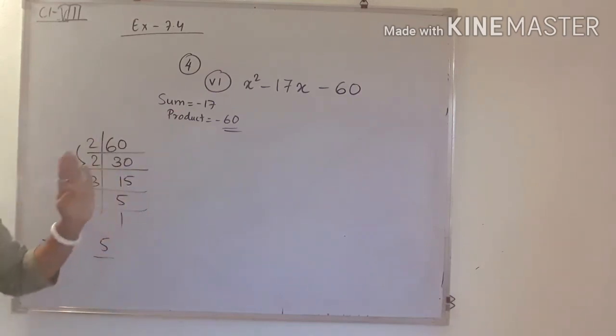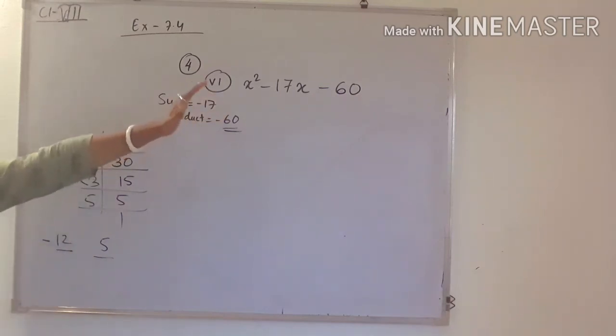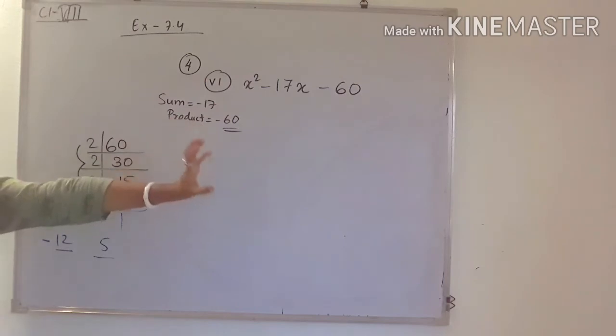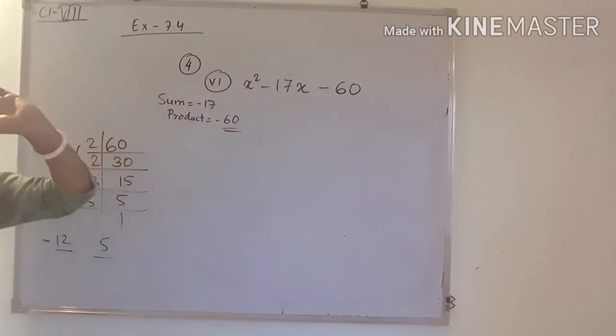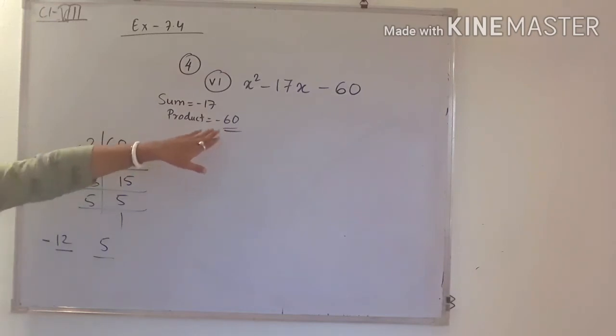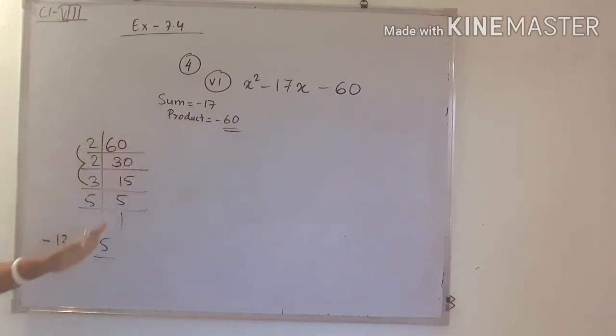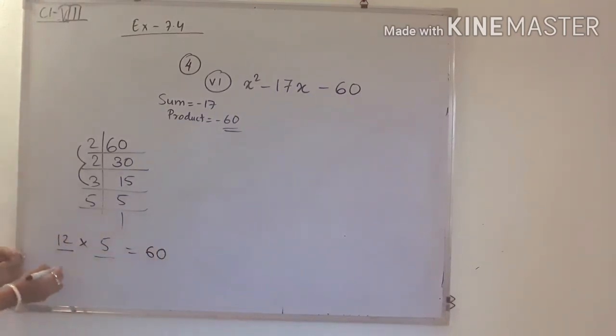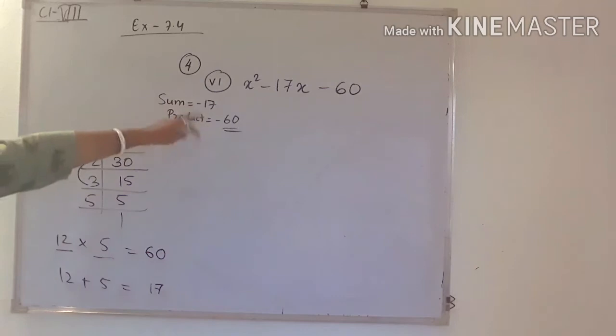So see how to factorize this quadratic trinomial and how to find the factors. Before that we have to find the factorization of the product, and the product is 60 here. So first of all I am doing factorization. After doing the factorization, now I am taking first of all these 3 numbers, 2, 2 and 3. This is 12, and next I am taking the other number, that is 5. So 12 into 5 will be what? 60, and if you add 12 with 5 you will get 17. Next you have to see the sign, as both the signs are negative.